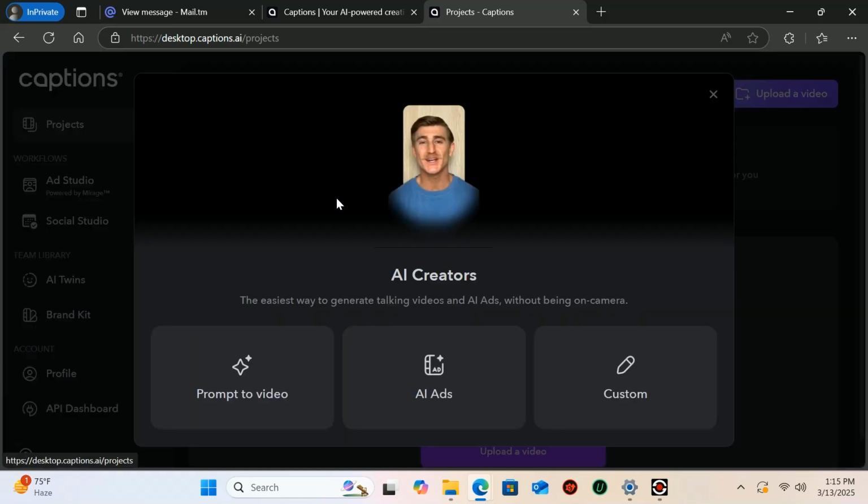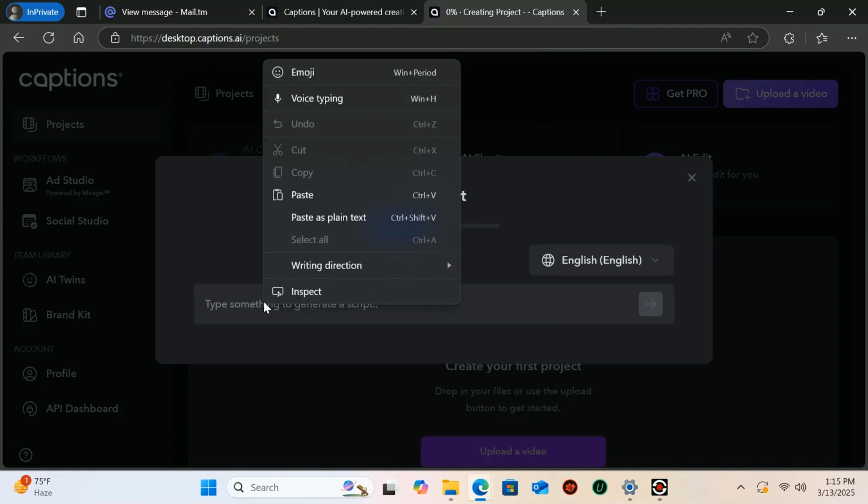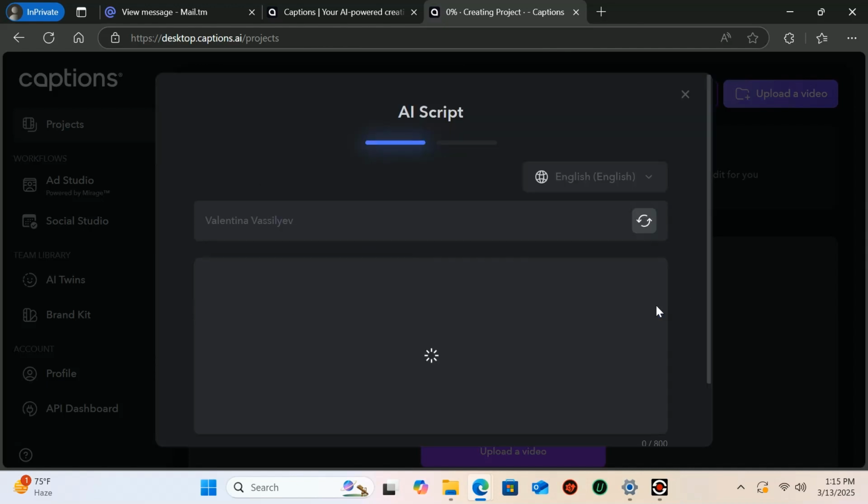After creating a Captions.AI account, you need to go to AI prompts and add this prompt. Then it will generate the script for you automatically. You can also make changes to that script additionally if you want. If you want to add a script, you can also add that.